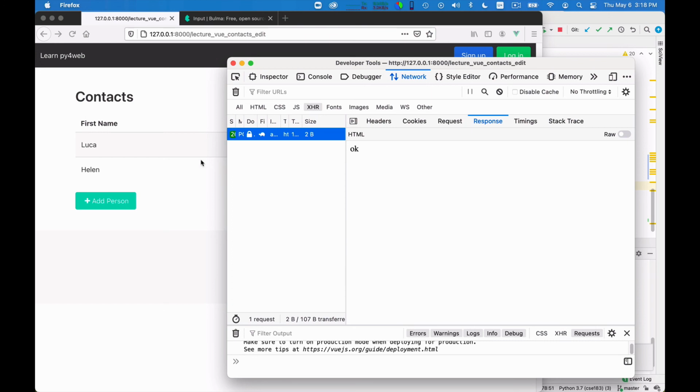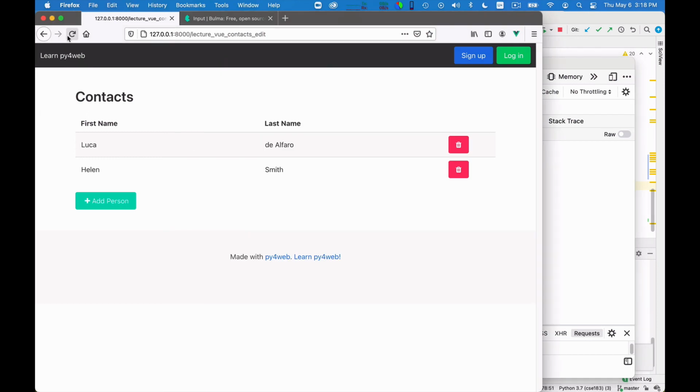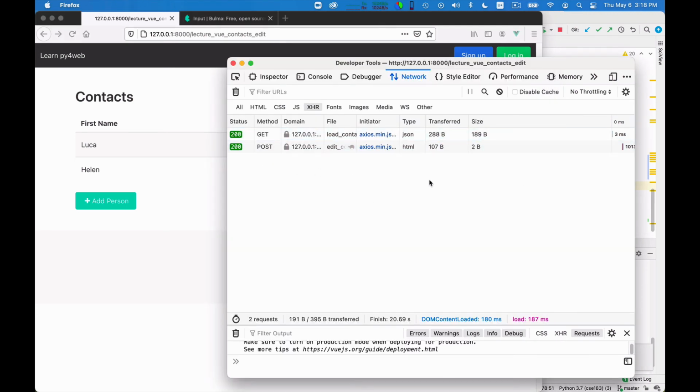And the other test is, did the update actually happen? So I can look in the database, or I can simply reload the page and check that this stays Helen. Now I can change this into, instead of Smith, I can say, like, Abrahamson, whatever. This gets saved. I mean, there is not much testing that all the rows work, right? But this still works.